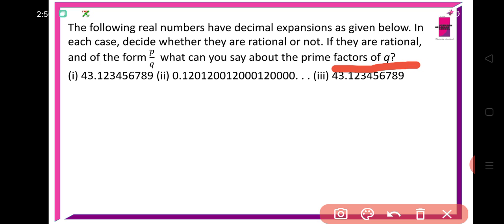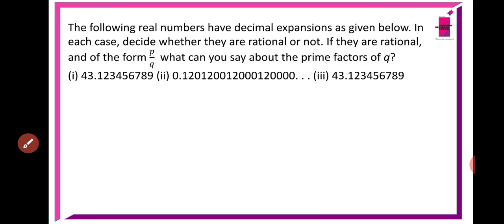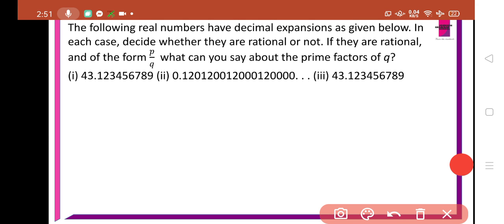For this third number, it is a bar. It is not given in the text, the bar, it is a bar. So it is a non-terminating and recurring decimal. Got it? It is non-terminating and recurring because it has a bar after the decimal point. Understood? So this is a non-terminating and recurring decimal. So q will not be in the form of 2 power n and 5 power m.